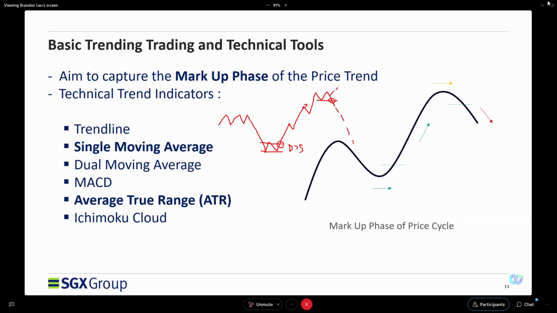We don't know. Similar to Sembcorp Industries, where $4 was considered high, then $5, $6, and now it's trading like $7. Reminds me of the price of Keppel Corp. So we never know when the trend will end. So we like to make use of technical tools to identify or to trace the trend and follow the trend.